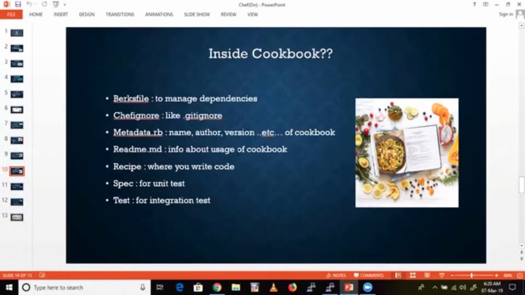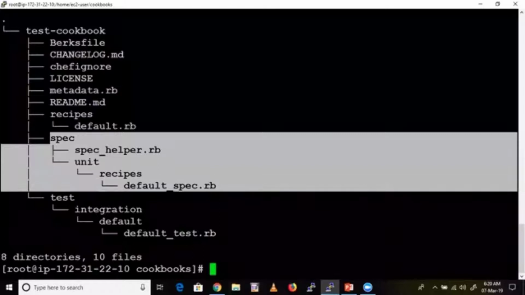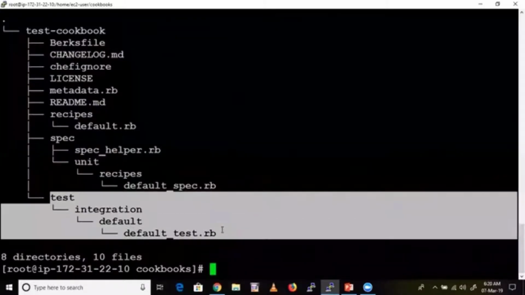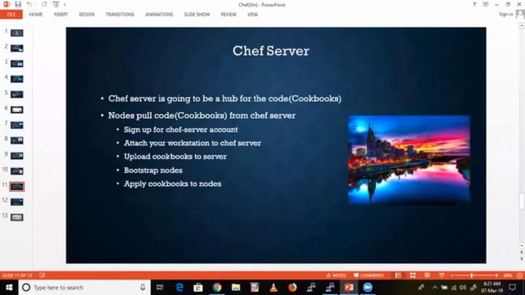Readme.md, information about usage of the cookbook. Recipe, that's where we write the code. Spec, that's for unit test, test for integration test. See here, this spec is for unit test, and this is for integration test. Okay, these are the components of a cookbook. Whenever you create any cookbook, you will get all those things.